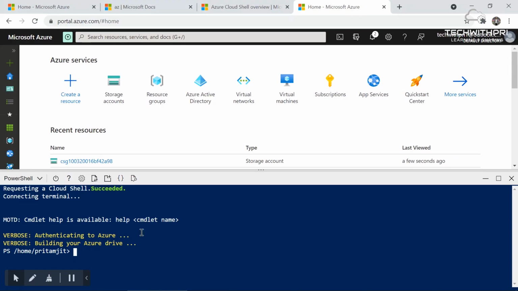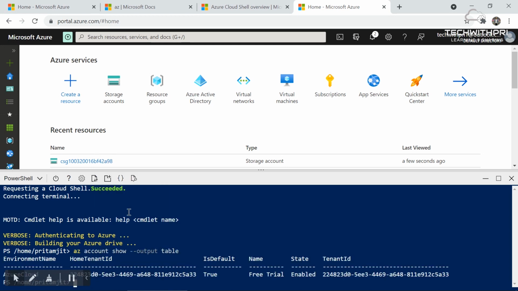This is the Azure Cloud Shell, and as I mentioned, in PowerShell the bash command will also work. I will just paste it. And you see, this is the way the output will come. I have written output as a table, so it comes in table format. Pretty simple. Az means Azure, account means your account, show means you know it. It's pretty simple English.